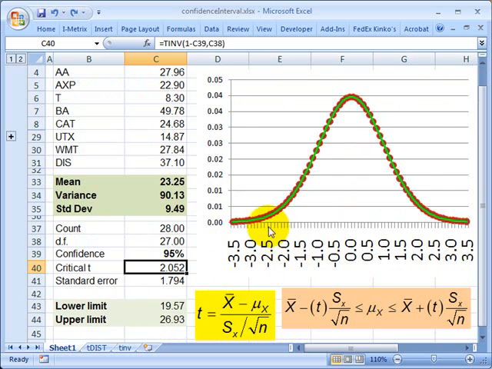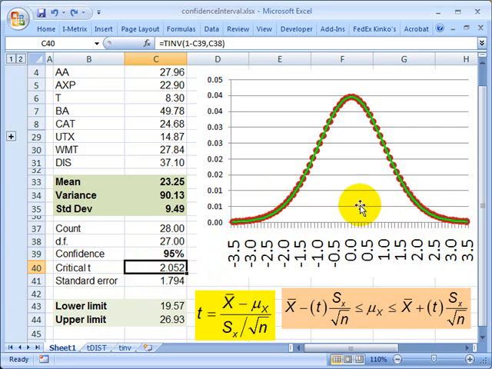What it means is, if we look at this distribution, if I start here at the mean, the mean's going to be 0 if I standardize the random variable. If the mean is 0 and I go left by 2.052, that's my critical t. If I go to the left by 2.052 standard deviations, plus if I go to the right 2.052 standard deviations